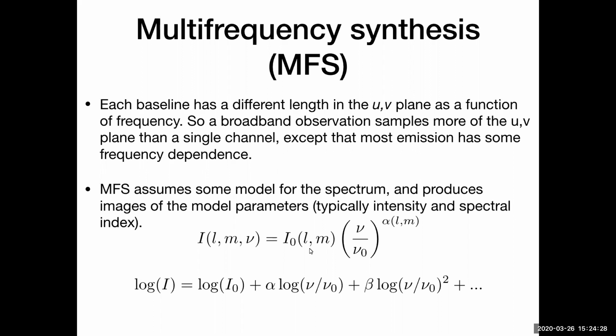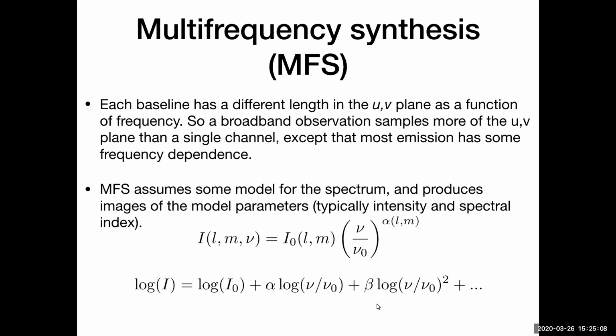And so the typical form of this is intensity and spectral index, but in principle, the software allows for an expansion to have additional terms. They often call these Taylor terms because they do this Taylor expansion in the logarithm, where the 0th order term is just your intensity, the 1st order term is your spectral index, following from the first equation. And then you can just tack on extra terms that depend on logarithm squared, logarithm cubed, etc. So this would be like a spectral curvature